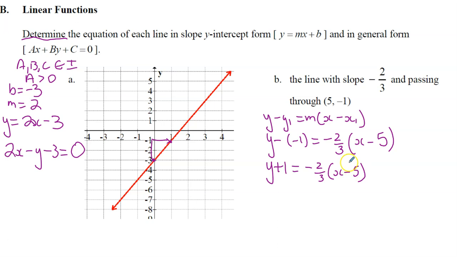So you might ask, are we there yet? No, well, we don't have slope form. So in order to go for slope y-intercept form, we're going to have to distribute the -2/3 through this set of brackets and then move the 1 over. Okay, so y plus 1 is -2/3 x. Okay, negative times a negative. Think of this as 5 over 1, right? So we'll get plus 10/3. So 1, well, 1 is just 3/3, right? And we're going to move that over. We'll subtract. So y is equal to,